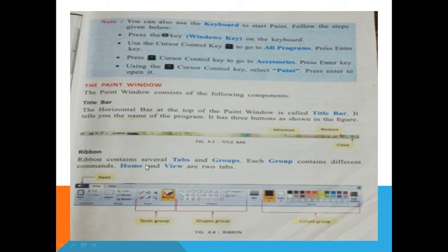The ribbon consists of several tools and groups, like Paint. It is the symbol of Paint. Here are the tools you use for drawing, and here are the shapes, whichever shapes you want: triangle, square, star, whatever. And here are the lines also. Size is there too, lines big, small, thick, thin. Here are many colors, the color group.